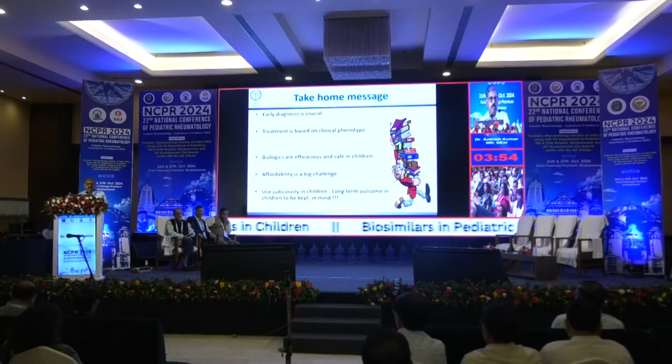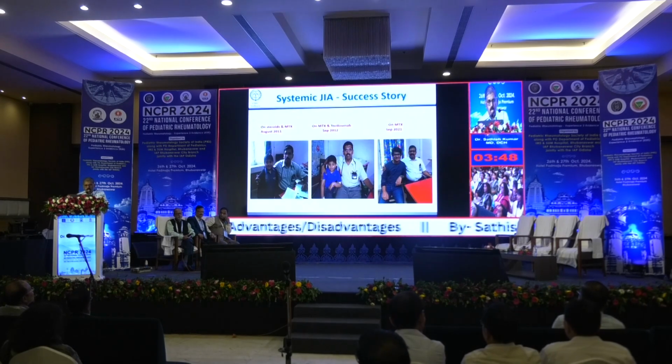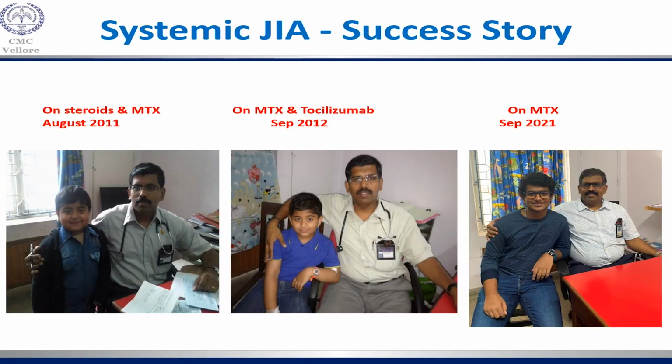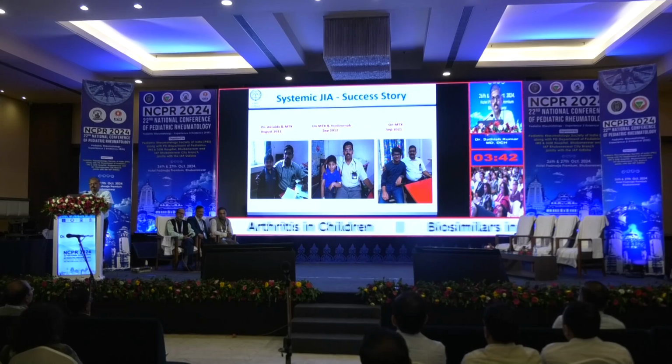Always remember, for these drugs in the long term, we have only etanercept data which is safe, but we don't have long-term efficacy data. So keep that in mind, try to come down as soon as possible, and use it whenever necessary. This one child with systemic JA is on tocilizumab. It was doing very well. You can see we can reduce the steroid toxicity very well.